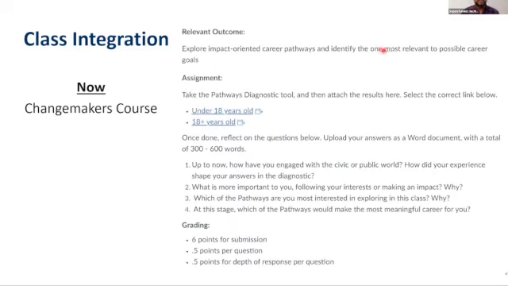One of the things they do is start right away with an assignment like this, where they have to take the tool and then reflect on the results of the tool. This is probably a little bit old. I need to change these questions to match the current version a bit more, but we have this at the beginning, and then there are 6 weeks of the quarter. Each week is focused on one of the